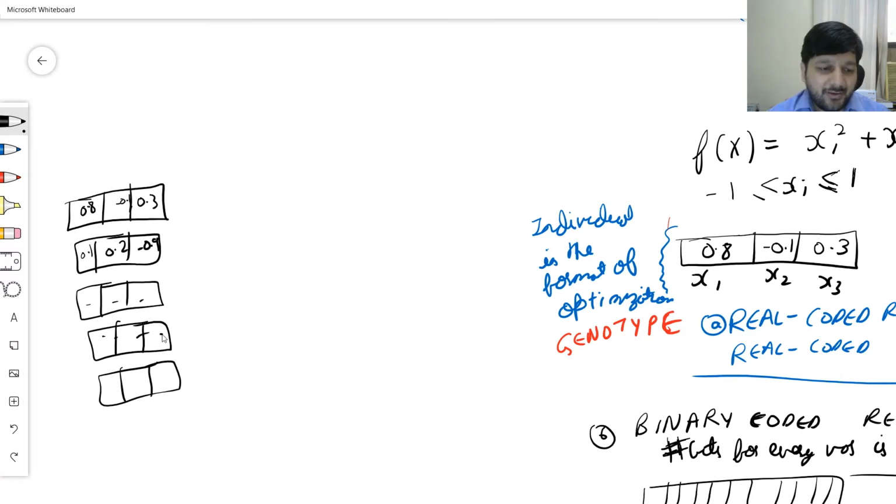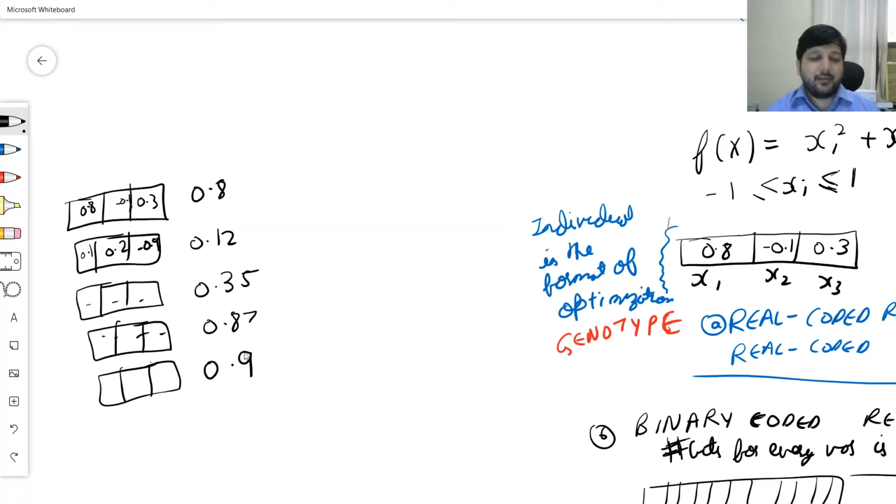So on. And let me write down random fitness values for each one of them. Okay, now what I need to do is I need to select some individuals so that I can do reproduction